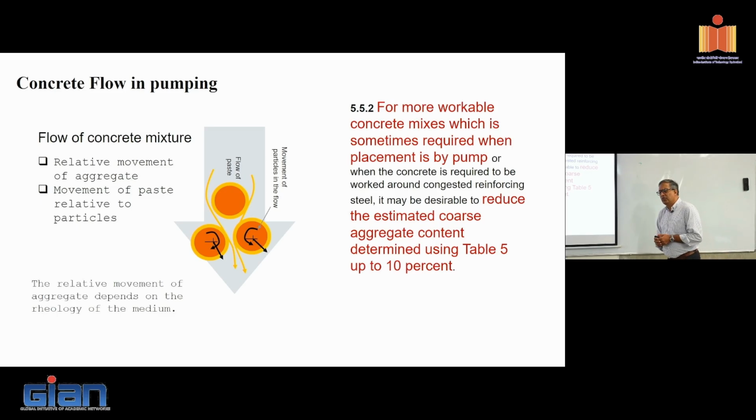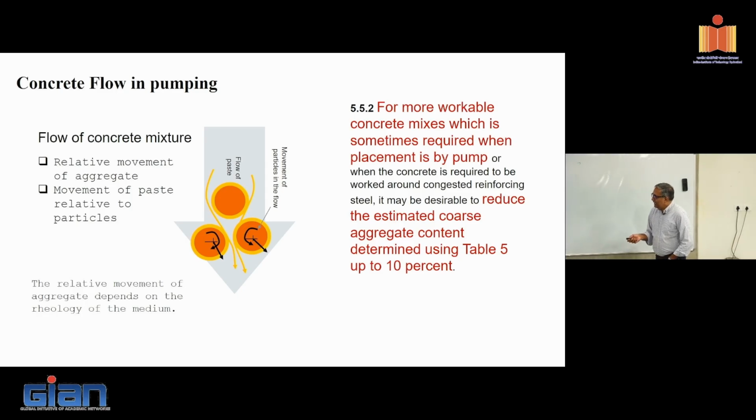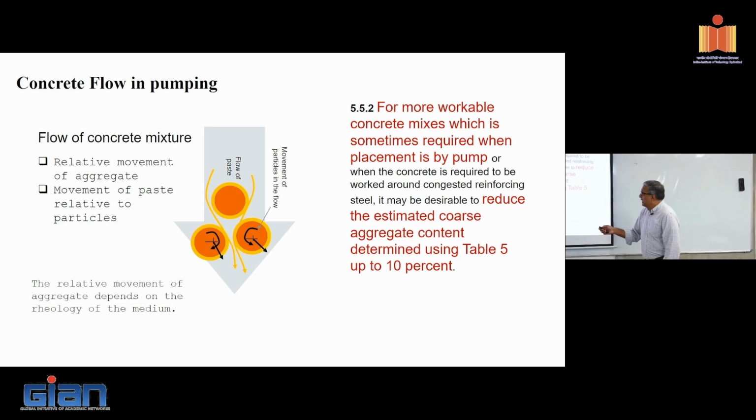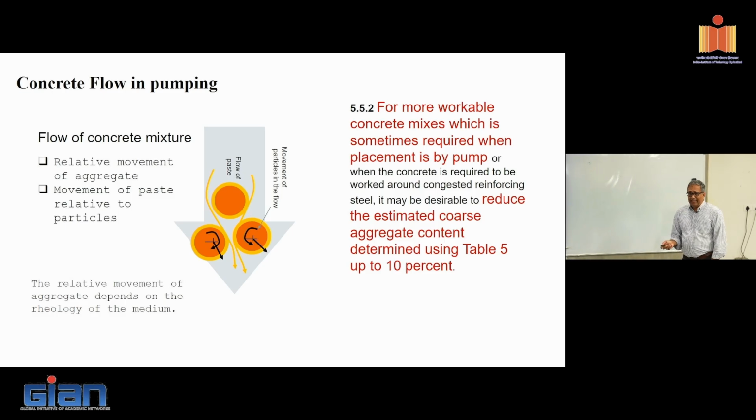How can I get this whole thing to flow properly? Well, I have to facilitate movements of this aggregate, which means the rheology of the paste becomes important. And I have to allow some extra paste so that that paste can also move quickly. It's like a lubricating layer between this aggregate, which also will basically flow between the aggregate and facilitate the movement of the aggregate. Remember, the aggregate flow is in this way. What do I mean by saying aggregate flow? If you look at the aggregate as a bunch, as a whole, there's a total movement in this direction here, right? And individually, the aggregates are also moving relative to each other, right? And there is also movement of paste here.